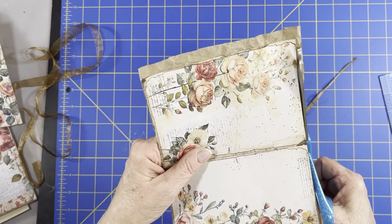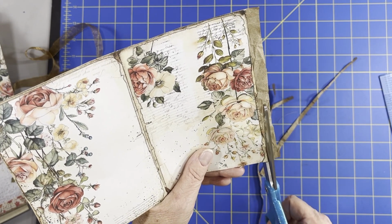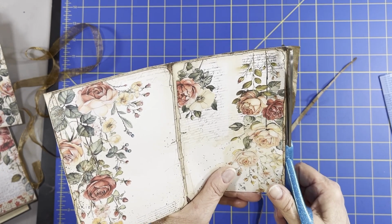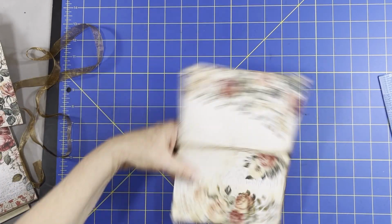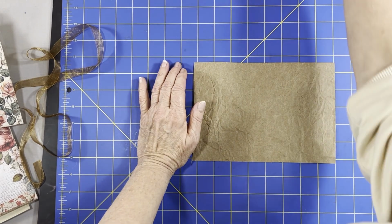Okay, get that trimmed off. And then try not to cut the other one off. All right, so this is what we have so far. That's your front. This is the back. So now I'm going to take